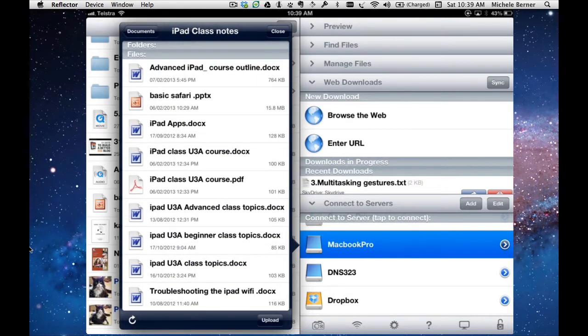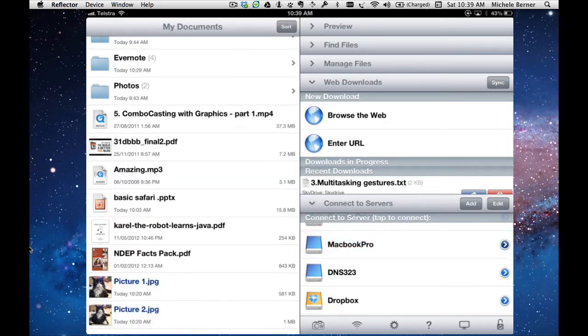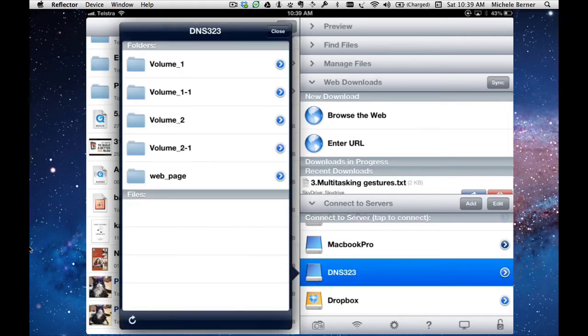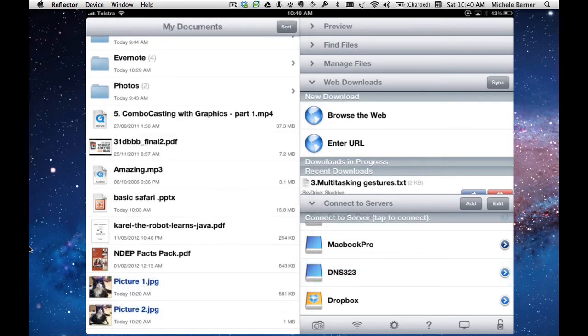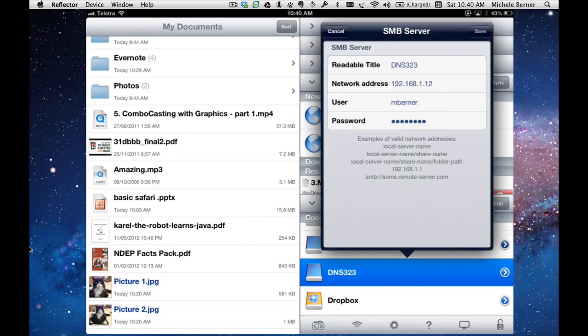If it was a Windows computer you wanted to connect to, and this one here is a network attached storage box, it's got a Windows protocol. That's sitting on the network, and I can access files on and off from that. There are two drives, volume 1 and volume 2, so two disk drives inside that NAS box, always on, not connected to any particular computer. To set that one up, I needed to just know the IP address of that NAS box. If it was a Windows computer that you wanted to connect to, then you would have to have in front of that the SMB ://